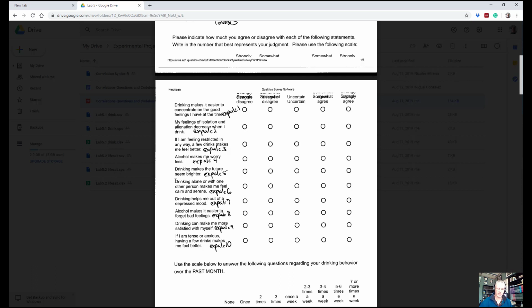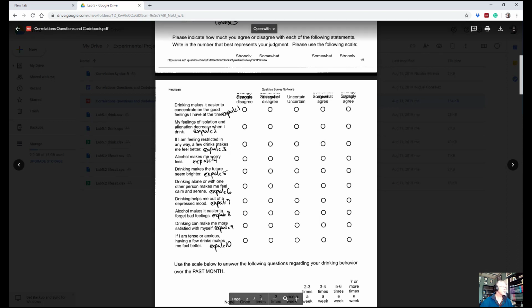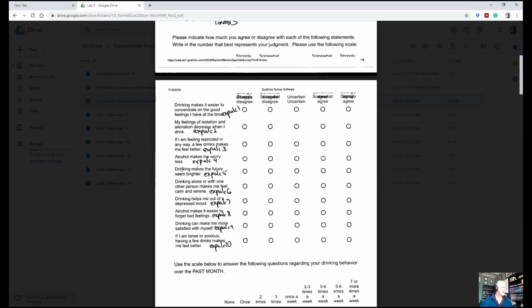The positive benefits include things such as making me worry less, making me feel like my future seems brighter, helping me out of a depressed mood, making it easier to forget bad feelings, and so on. So we have 10 of those items that assess positive expectations about the effects of drinking alcohol, which we call alcohol expectancies.